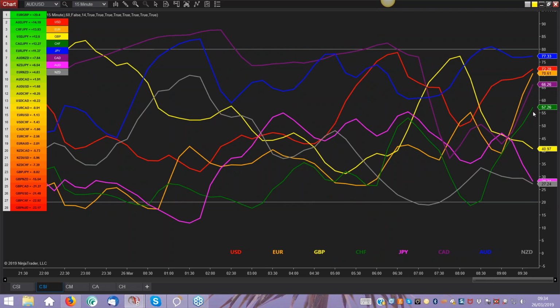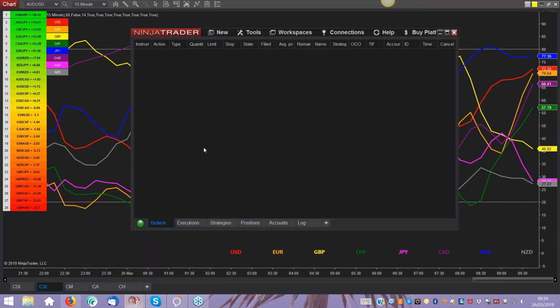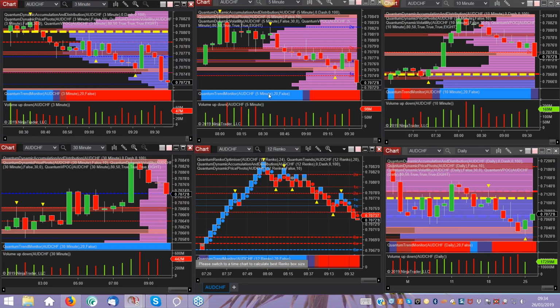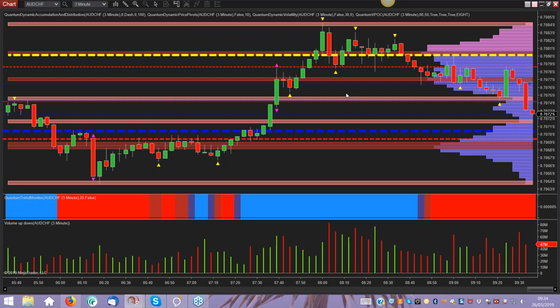But just to focus on the Aussie Swiss, because it's a nice example of really why the trend is not moving that quickly. Here it is rising, and the Aussie on 15 is flatlining. So when you look at the charts and wonder why something isn't moving particularly strongly, that's the reason why. Now, that's not to say that there isn't a decent trend. You may consider this enough. Let's just pop this open on 3, make it easier to see. What are we talking about in terms of range here? You're not looking at a lot of points. It looks like it, but this is only 10 pips or so. That may be enough for you.